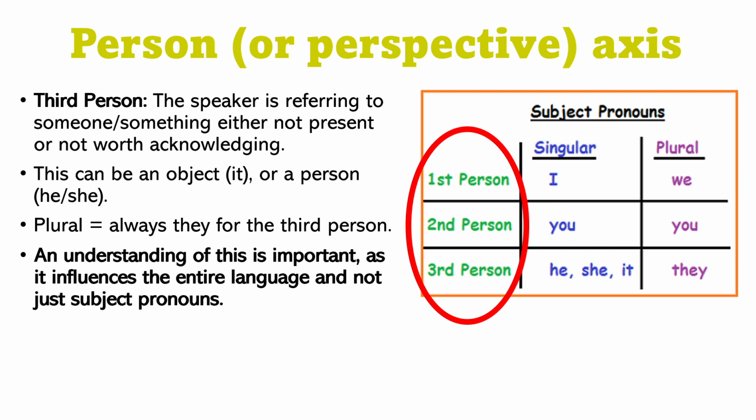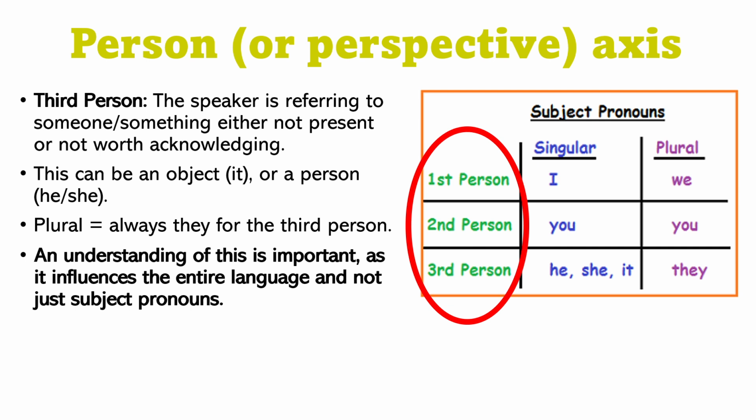The thing about first person and second person is that it's always going to be referring to another person, because you can't be referring to yourself if you're not a person, and you wouldn't be directly talking to someone that isn't a person. Unless, I guess, you could technically talk to a pet, but most of the time you're going to be talking to a person. With third person, you could be talking about an object.